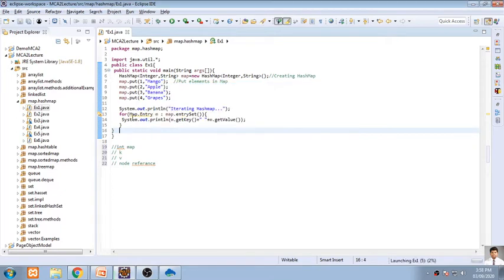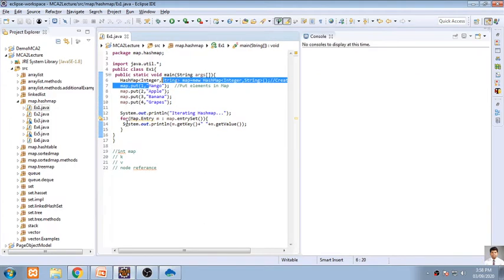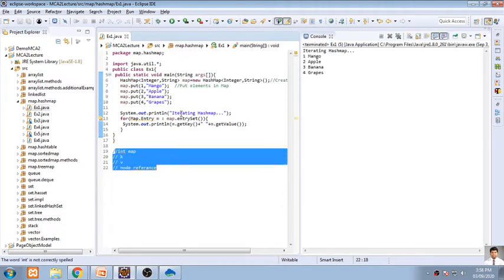So are you clear with this for loop? Enhanced for loop. Why are we using Map.Entry? Because it's a buffer. Temporary, as soon as this element is retrieving some value, it needs to be stored because there is not only one thing. We are passing two things, and internally it is passing four things.